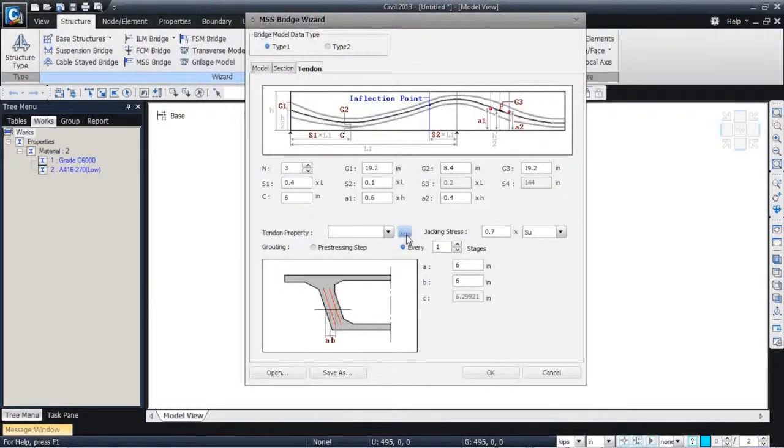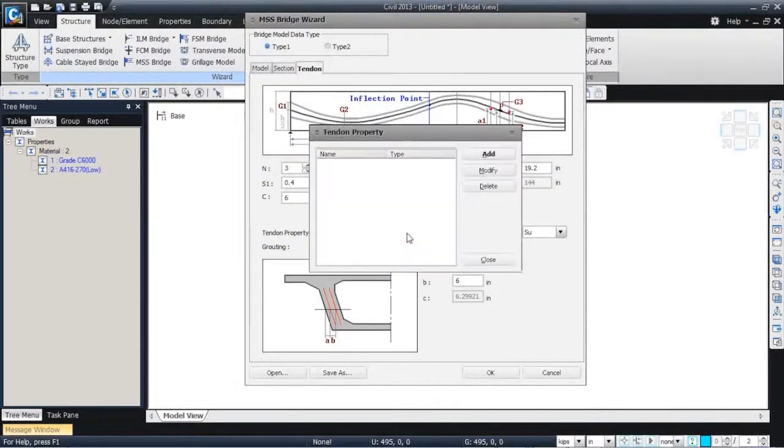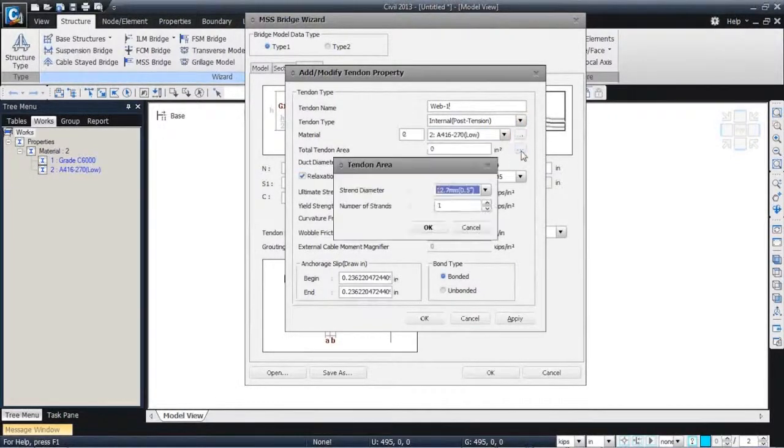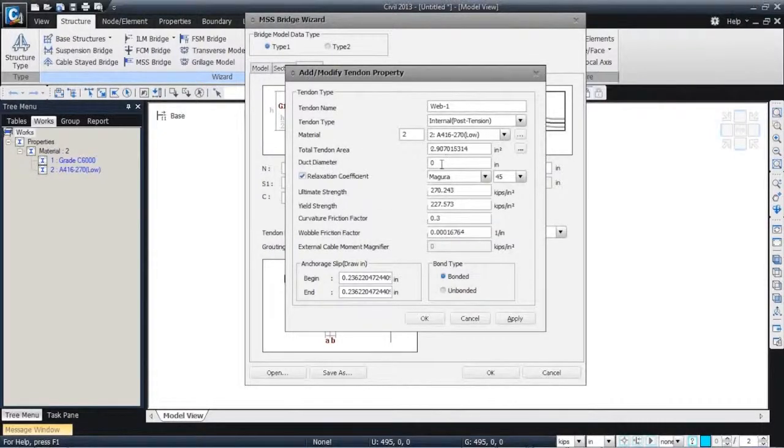Now we will define the tendon properties. Now this is the interesting part, because I'll go and define multiple tendon properties, as I don't know which will be the best one for my job. So I'll select internal post tension, the material, and the total tendon area. So I'll start with a 0.5 inch strand. Let's say 19 in number to make one tendon. So I'll get the nominal area. I'll enter the duct area right here,